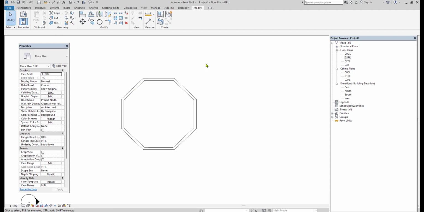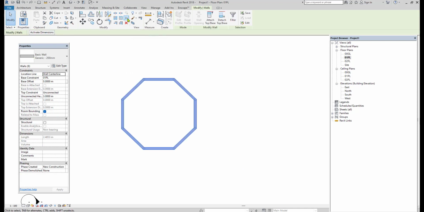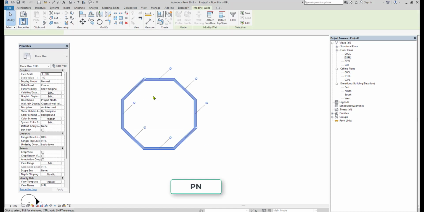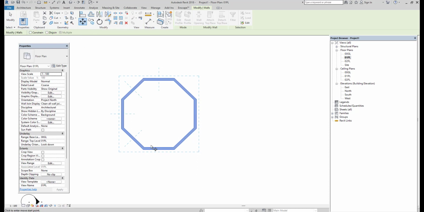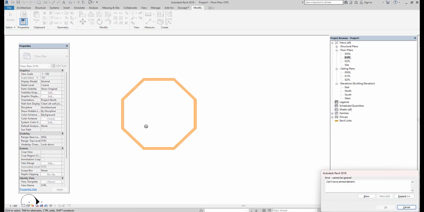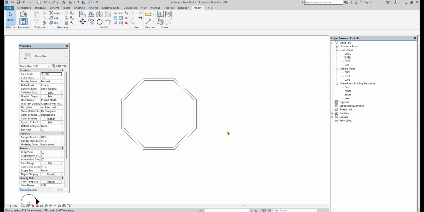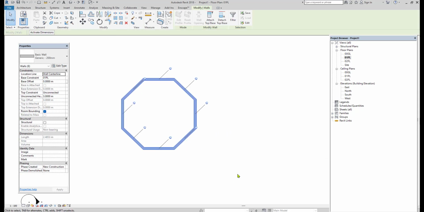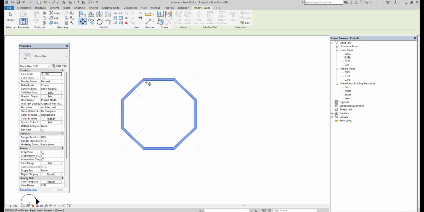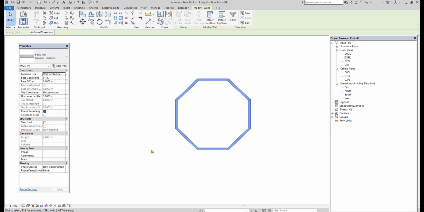In order to fix this position here itself, I just pin this. So select the object and then you can click on the pin, that is PN. Pin means I am going to move this object by using move command. So it can't move because the location has locked. I am getting the notification that can't move because the element is pinned. So just say cancel. In order to move, make sure your object is unpinned. Select this and then you can click on the unpin option, that is UP, so that now easily you can move the object whichever you want.